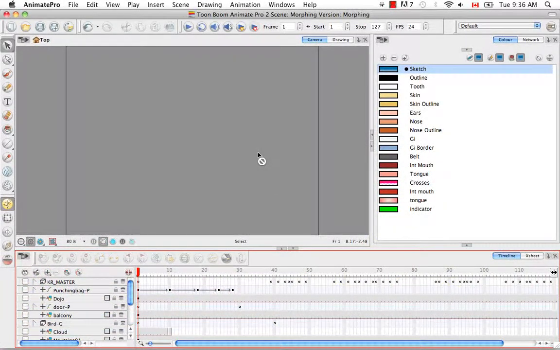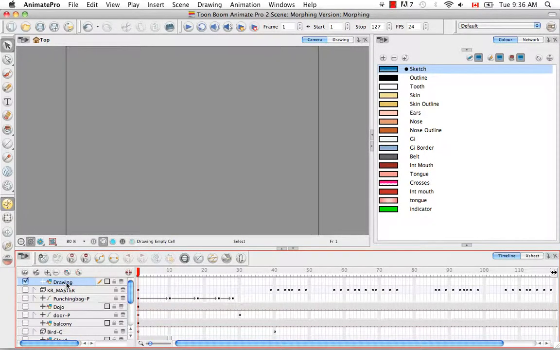Welcome to the tutorial creating a basic morphing sequence. So I'm going to take you from start to finish through the process of creating a really simple morphing sequence. So let's begin by going to the timeline and creating a new layer, and by renaming that layer